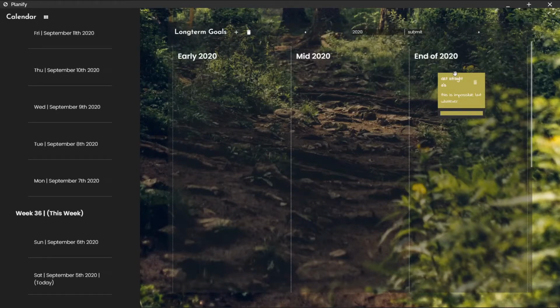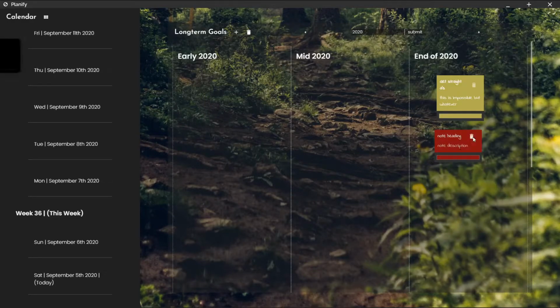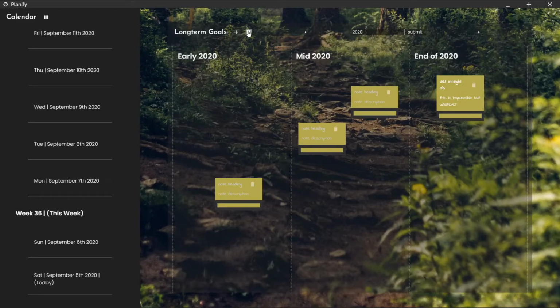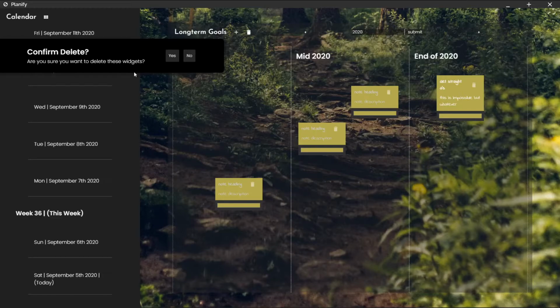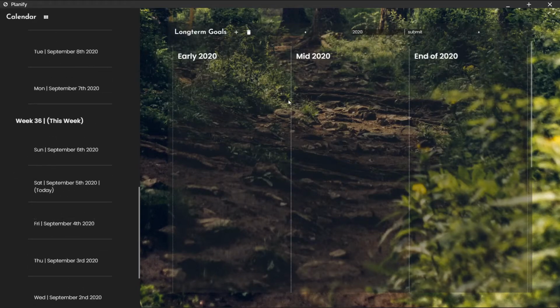So you can add long-term goals, whether they are realistic or not, and you can change the colors. I've already set that. You can delete those. You can also just add a bunch of notes or goals in this case, and then delete all of them by clicking on this button. It says confirm delete. You want to delete these widgets, and then yes, and voila, they just disappear. So that's the long-term goals section. Let's move on to